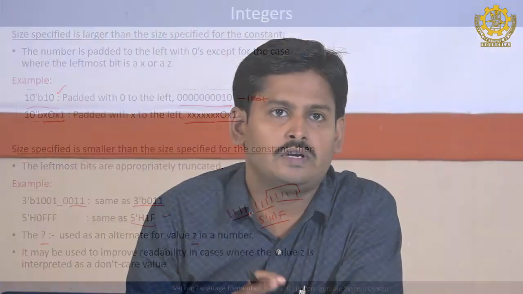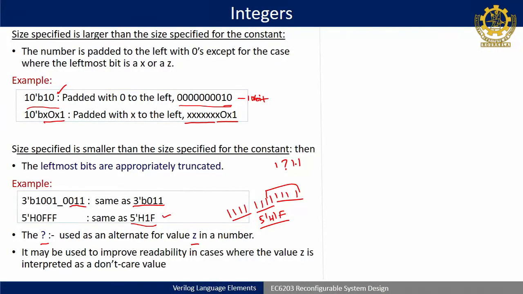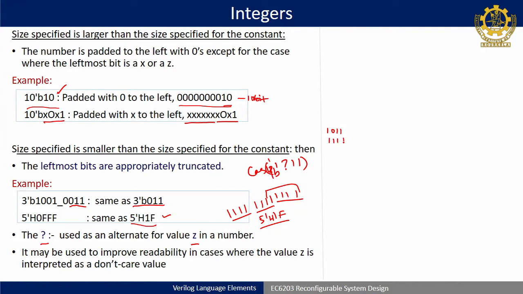If you find a question mark somewhere, like in a case statement, don't be confused. Let's say I have written 4'b1?11. It indicates that that particular bit is don't care. In case the condition is either 1011 or 1111, in both cases this case will be evaluated. That particular bit is don't care, we do not worry about that bit. Instead of this I can also write ?11.